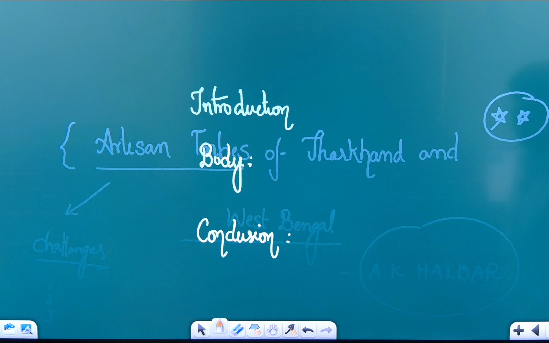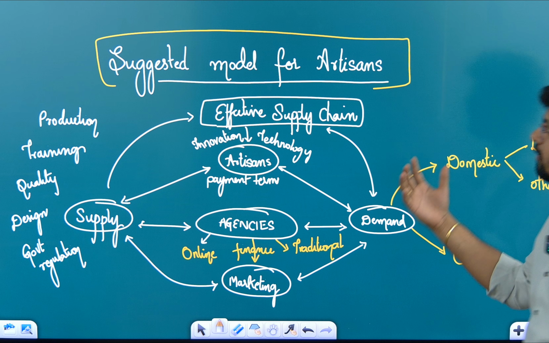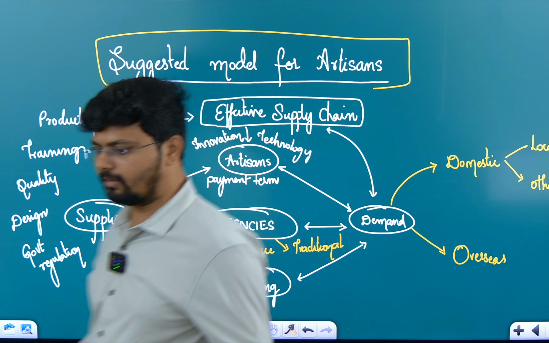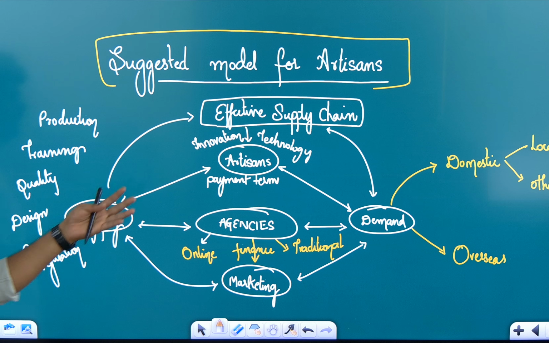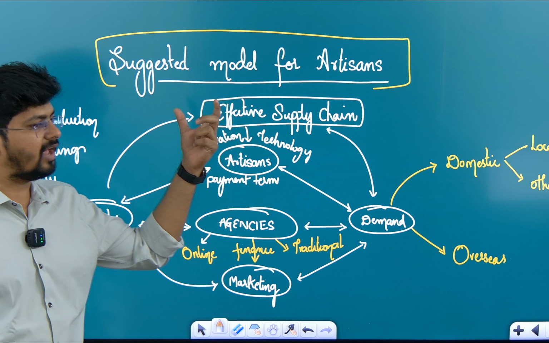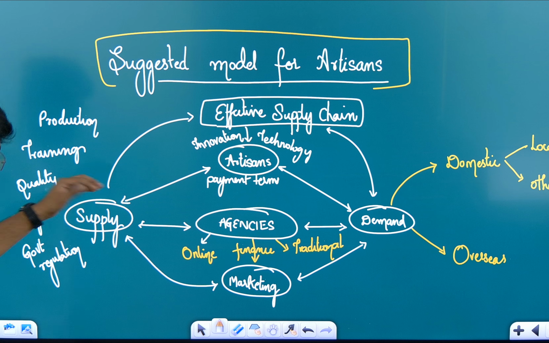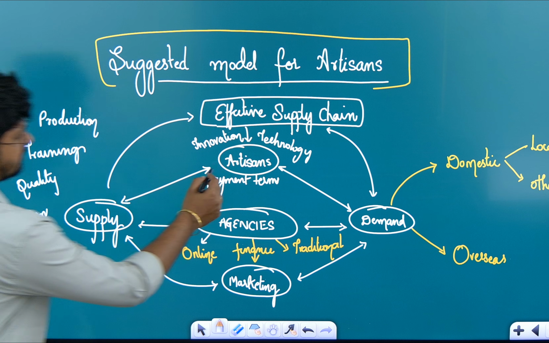And based on one research paper, I try to give a model that is the suggested model for artisans. This is recommended by the policymakers to the government. So what they say is that develop a system where there is an effective supply chain. Okay, so suppose you have artisans. So first, artisans,